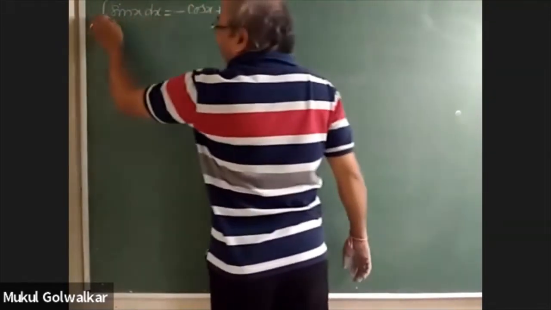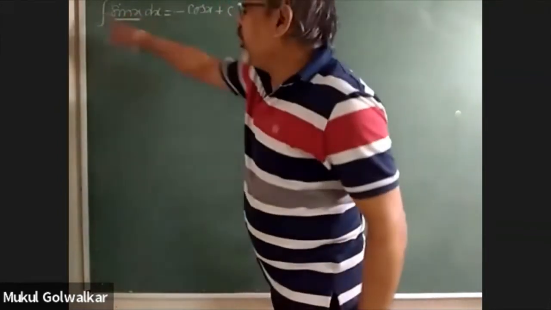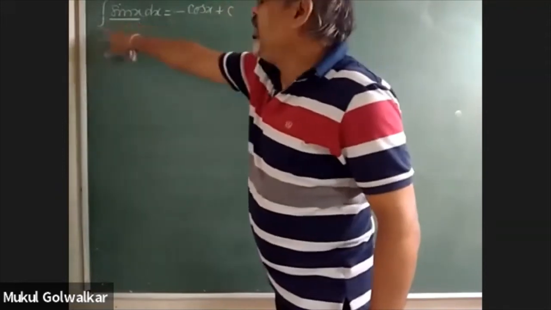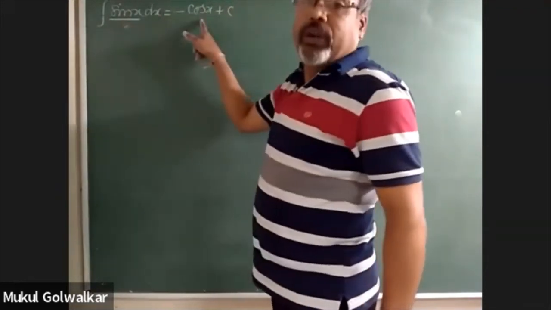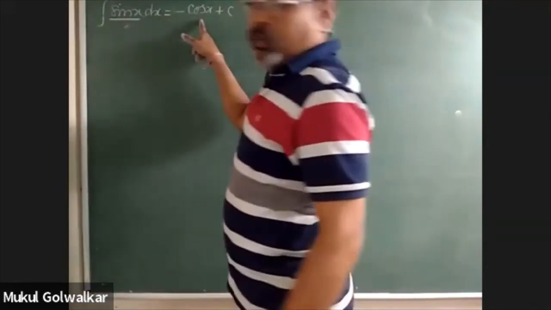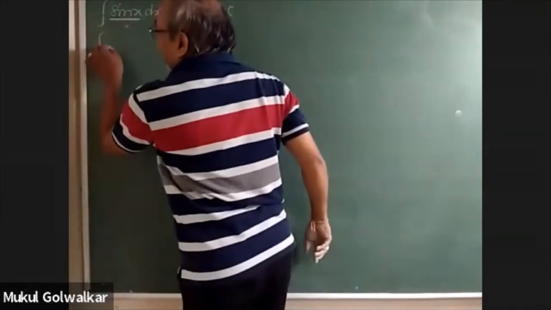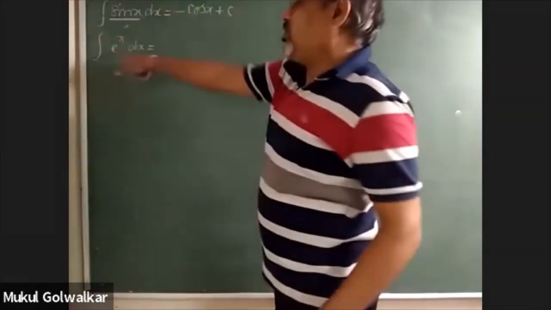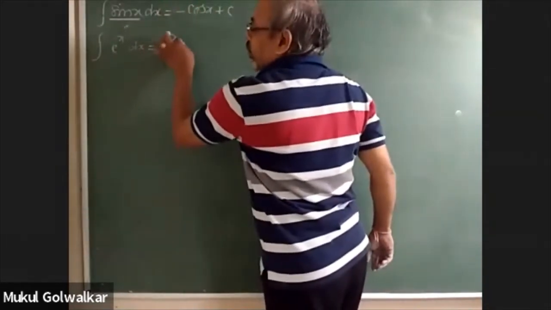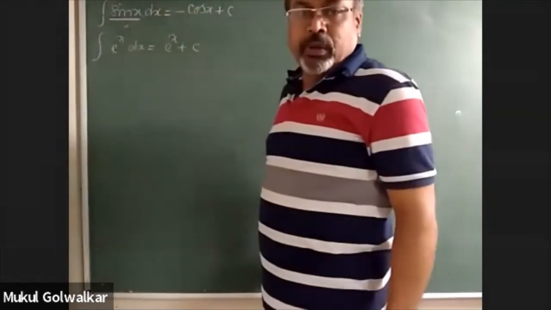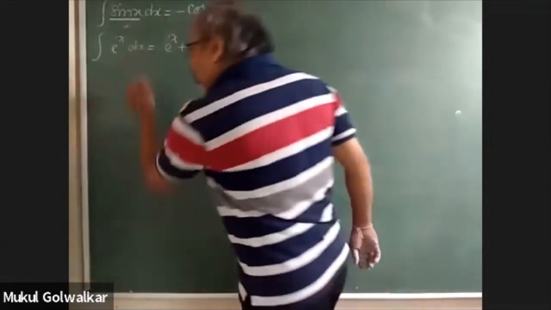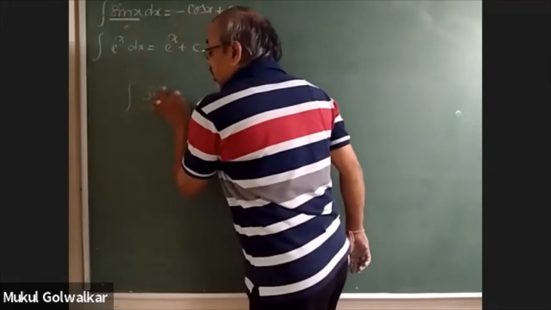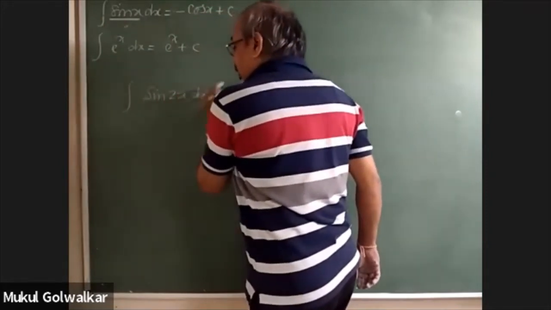So here you see that you integrated the function of x. This is function of x, correct? And you integrated that, and answer what you are going to get is minus of cos x. Likewise, if you are getting the integration of e to the power x done with respect to x, then you are getting the answer is equal to e to the power x plus c. Correct? But now tell me one thing, what is going to happen when we try to integrate sin 2x dx?